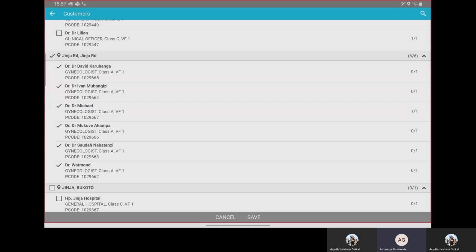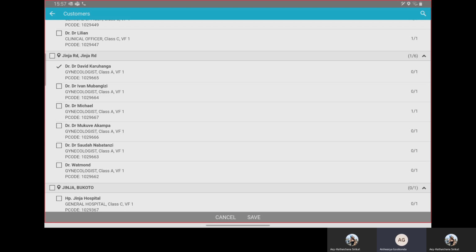Here you can see 0/1 on the strip line of Dr. David, in the right side corner. The 0 means the number of times you have planned that doctor in your STP, and the /1 indicates the actual visit frequency of the doctor.